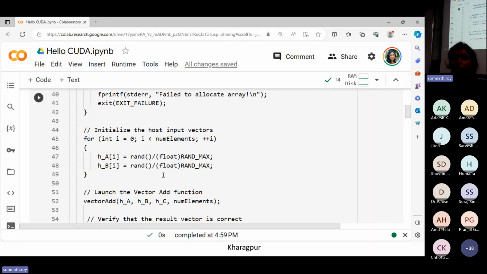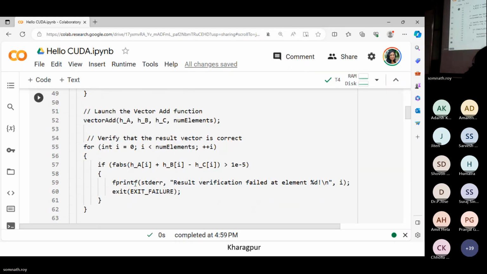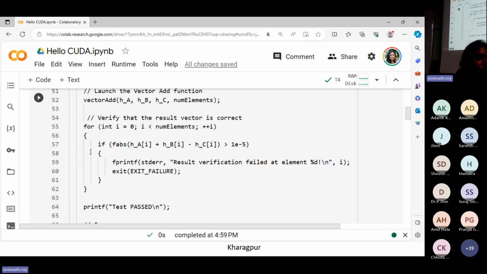We just generate some random numbers to populate vector A and vector B. And then we call the vector add function. And within the vector add function, this HC is basically the output where it gets stored. And in this part of the code, we want to check that the vector addition has given a correct answer or not. So we are checking the absolute value of HA plus HB minus whatever the output